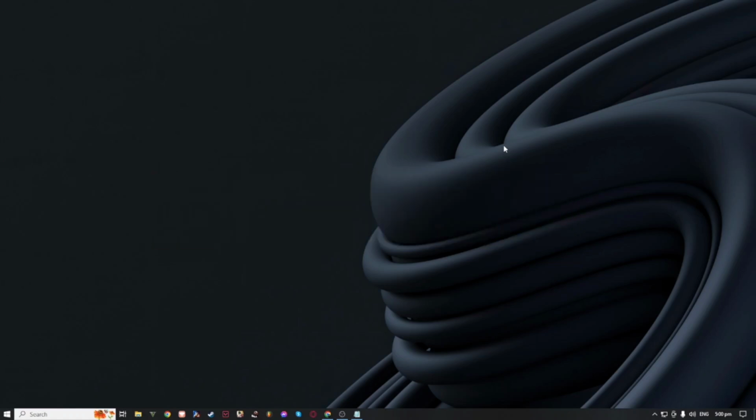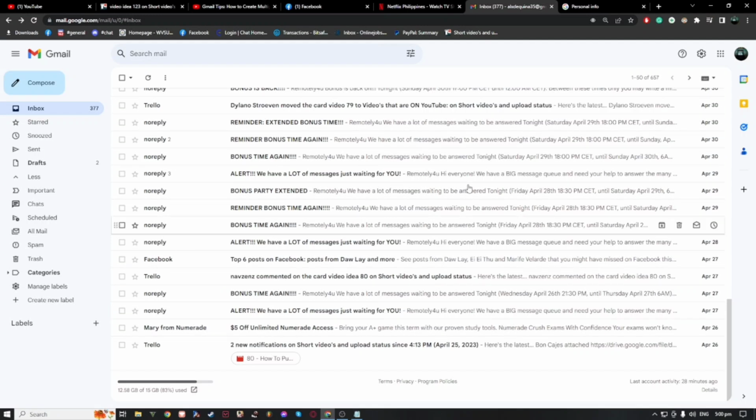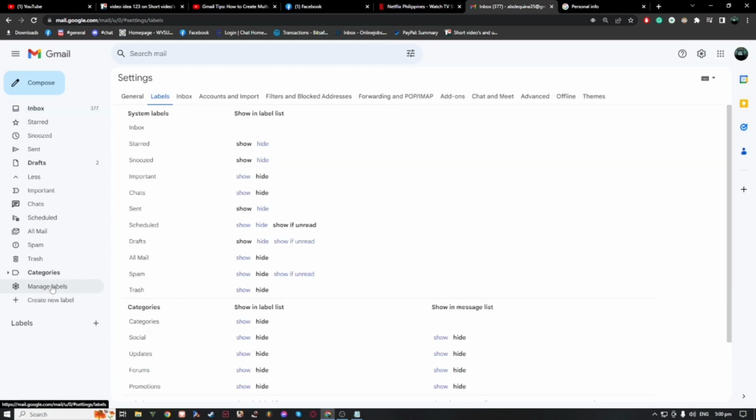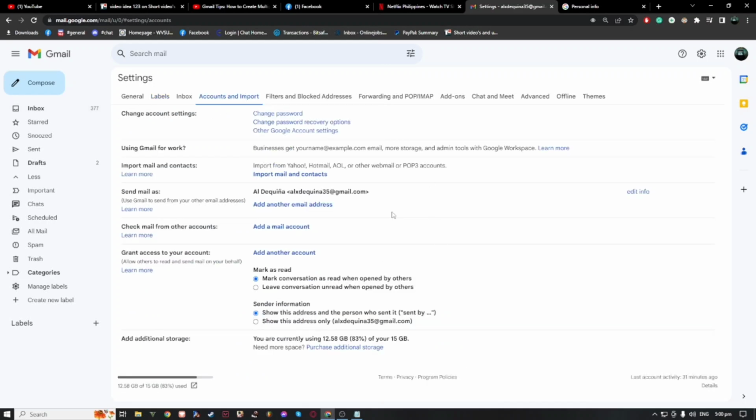So what we are going to do first is go to your account. I will show you how to add more emails from it. Here we have our Gmail account, and this is what you would see normally. You would go to settings, and under the settings you would go to the account tab. Here you would see your name in your account, or your Gmail account, or the email that you are inputting when you are logging in. For me, this is